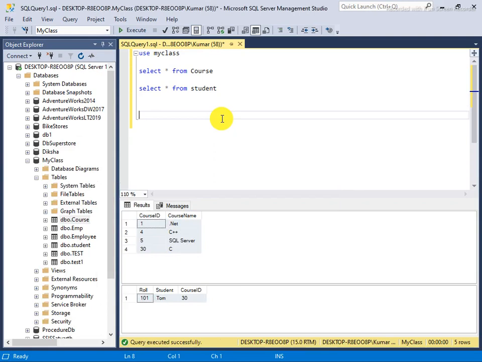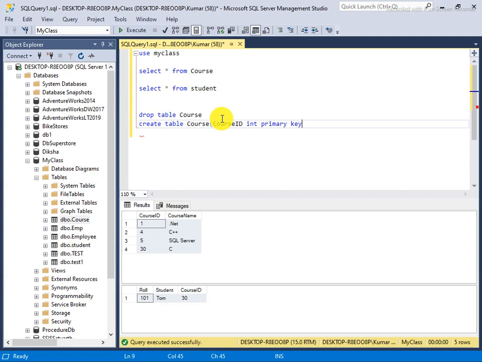Simply I will drop this table, drop table course, and create table course. Then I will say course ID, which is integer, and I can declare a primary key.